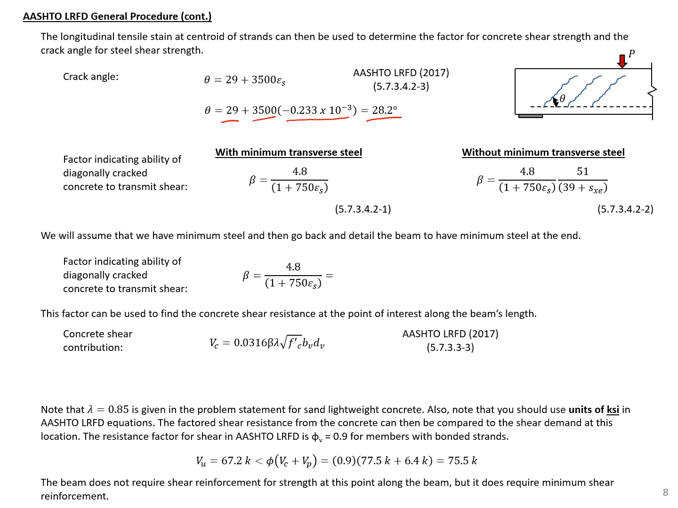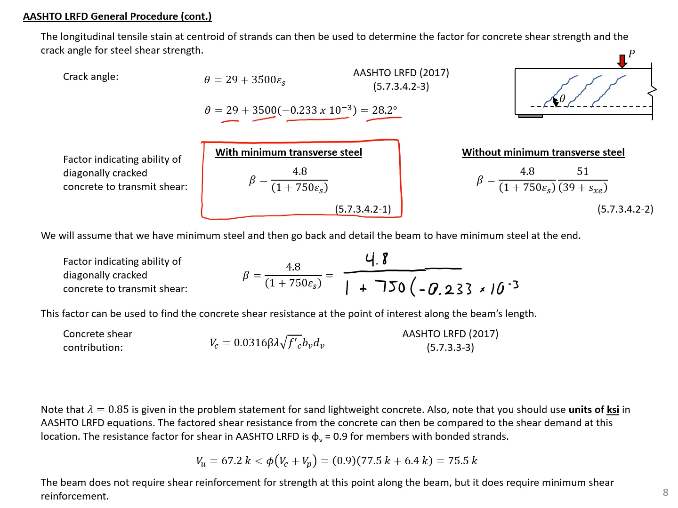To find our beta, we're either going to need to assume that we have minimum transverse steel or we don't have minimum transverse steel. We're going to assume that we have minimum transverse steel, and then we're going to go back and detail our section so we do indeed have minimum transverse steel. So to calculate this factor, we'll have 4.8 divided by 1 plus 750 times our strain, negative 0.233 times 10 to the negative third. And we'll get a beta factor here of